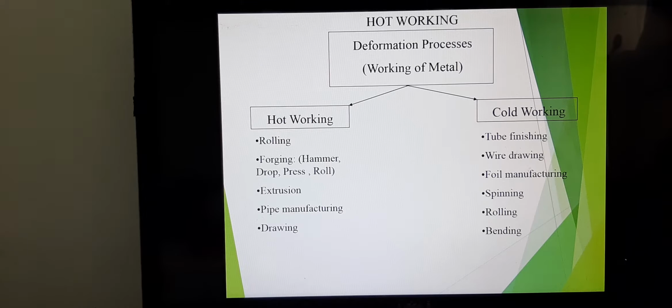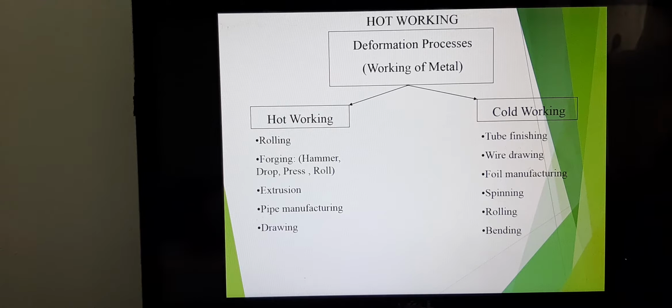First we spoke about sand casting. Secondly, we spoke about die casting. Then we spoke about metal cutting. If you remember, we spoke about the different tool angles and everything meant for metal cutting. We spoke about welding, joining processes. And now we're going to talk about hot working and cold working. So hot working and cold working is another manufacturing process.